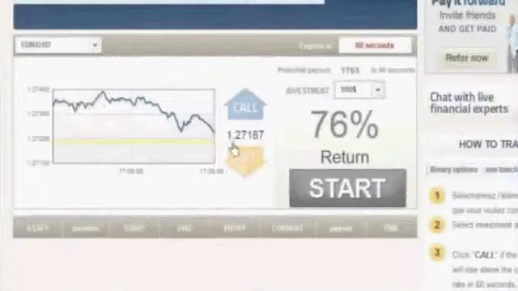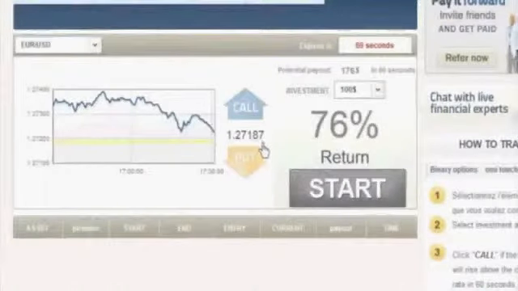And as you'll see as I hover over that chart, it shows me where the euro versus US dollar is, and that's the currency pair that I'm going to be trading right now. And I have a call or up button and a put or down button. Now, I typically will give this just a minute or so to see where the highs and lows are within this really short period of time. As you can see, right now that number is moving